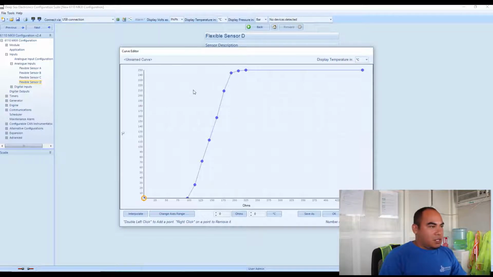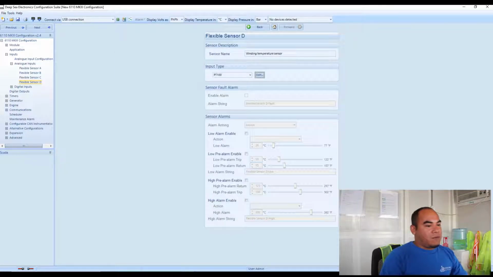So this is the graph of this PT100. This is the point which is equivalent to your temperature rising. This is resistive, so from lower resistance to higher resistance you can see the value of your temperature. Since I don't want to edit that one because the sensor was already installed from the factory side, so